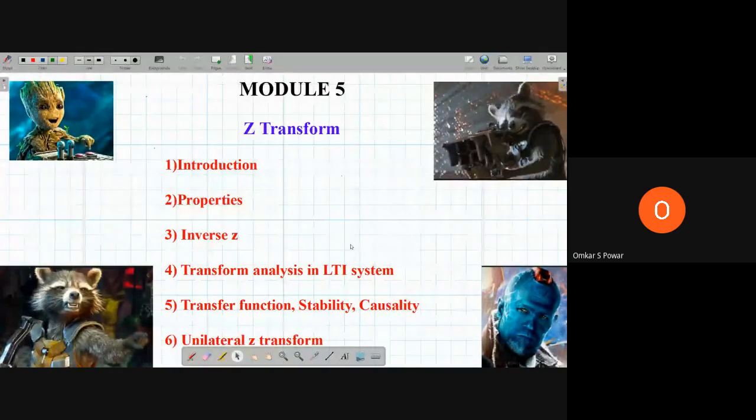Then, if you go to the third and fourth modules, you are transforming your time domain signal to frequency domain using Fourier transform. So, in the fourth module, we particularly concentrated on Fourier series, particularly on continuous and discrete time Fourier series. Using some equations, we solved the problems and got the answers, because we can only apply this to periodic sequences. For non-periodic, we have to apply the Fourier transform. And in the Fourier transform, again, we use some formulas for CTFT and DTFT and we got the answers there.